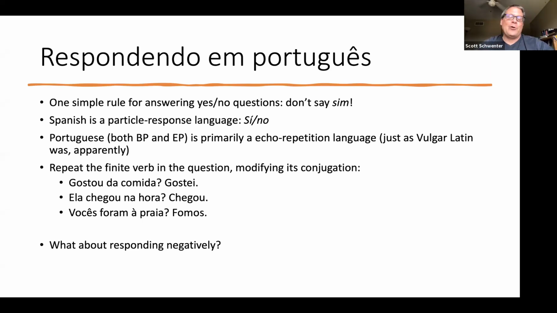And I didn't put this on here, but in Portugal, they actually repeat this twice when it's counter to someone's expectation. So in Portugal, if someone asks you, gostou da comida, like that stuff was really gross, you say, gostei, gostei. You just repeat it. Or ela chegou na hora, like I'm asking you if she arrived. I don't think she got there on time. You say, chegou, chegou. Just say it twice. And that means, yes, she did, contrary to what you were thinking. Okay, so that's pretty cool too.